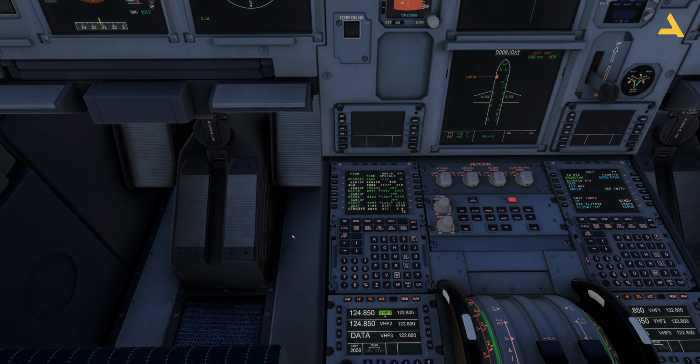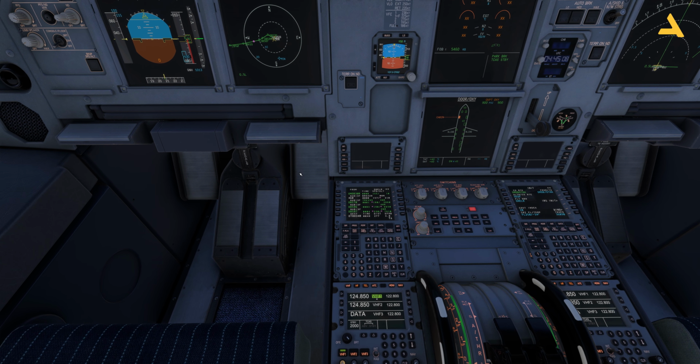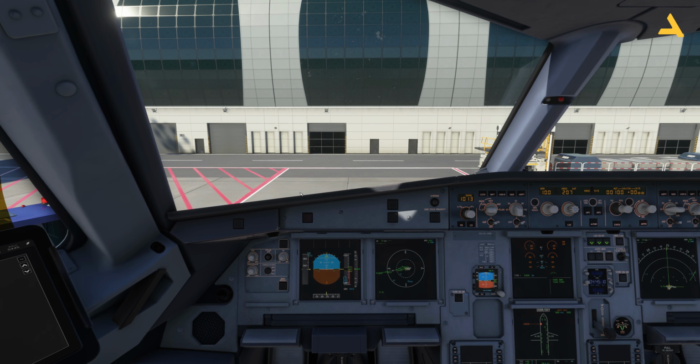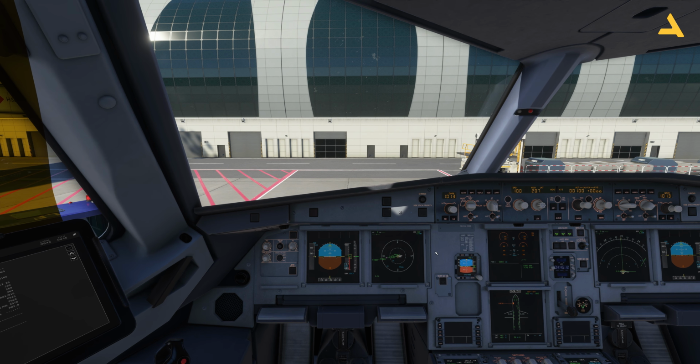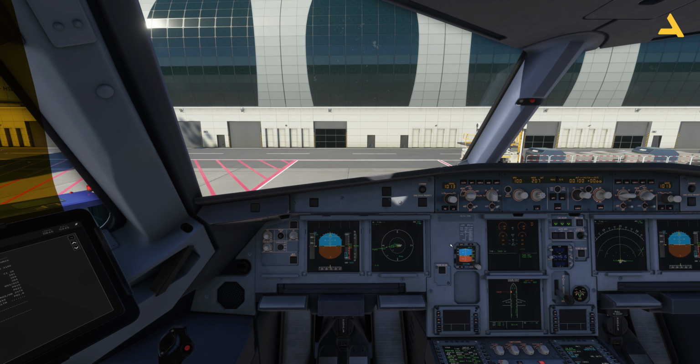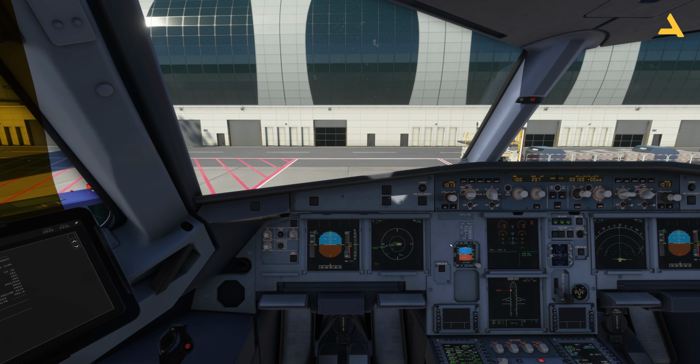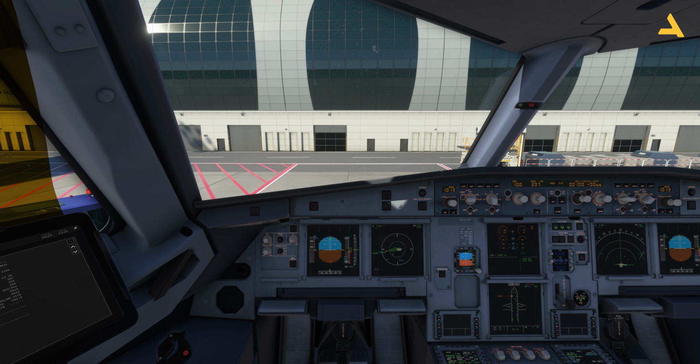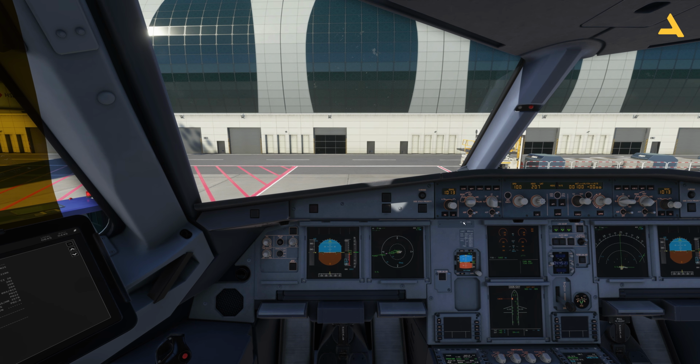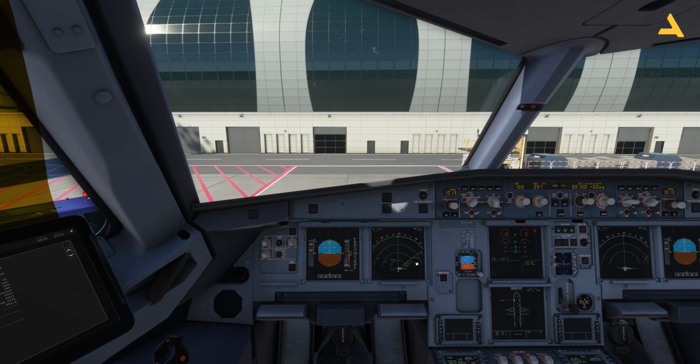And let's reset the view, go back, and that's it. Now everything is working perfectly all right in the EFB and the MCDU, and then we can proceed with the startup procedures. Now, first of all, let's adjust the view to arc and make sure on both of the sides you have arc, and then